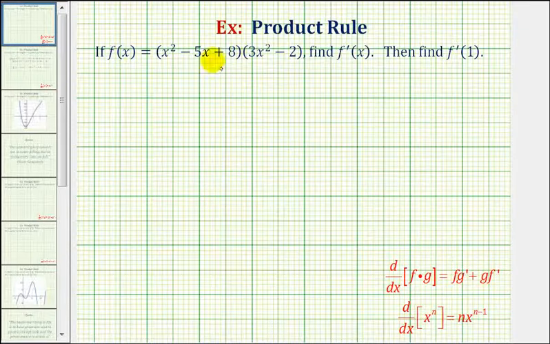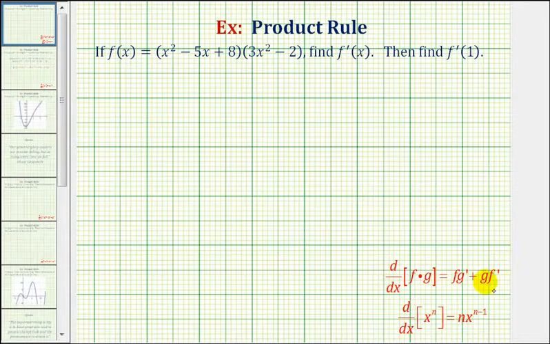If f of x equals the given function, we want to find the derivative function, or f prime of x, and then find f prime of 1. Notice how the function is given as a product of two functions. So if we want to find the derivative function in this form, we'll have to apply the product rule of